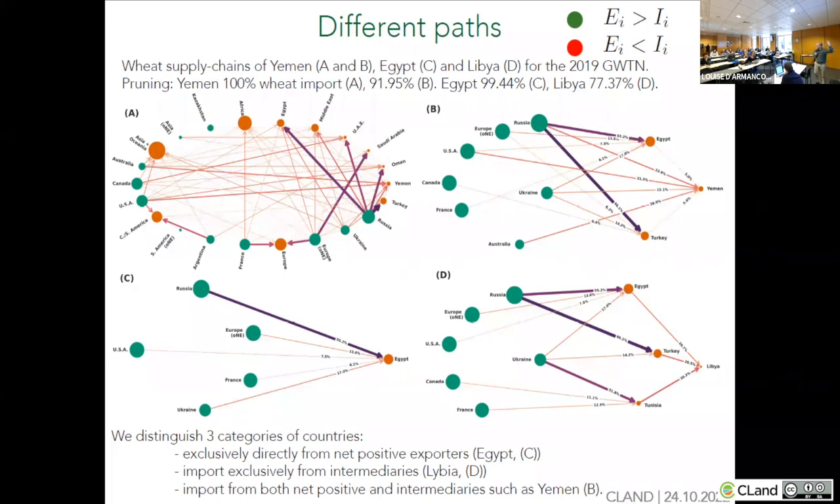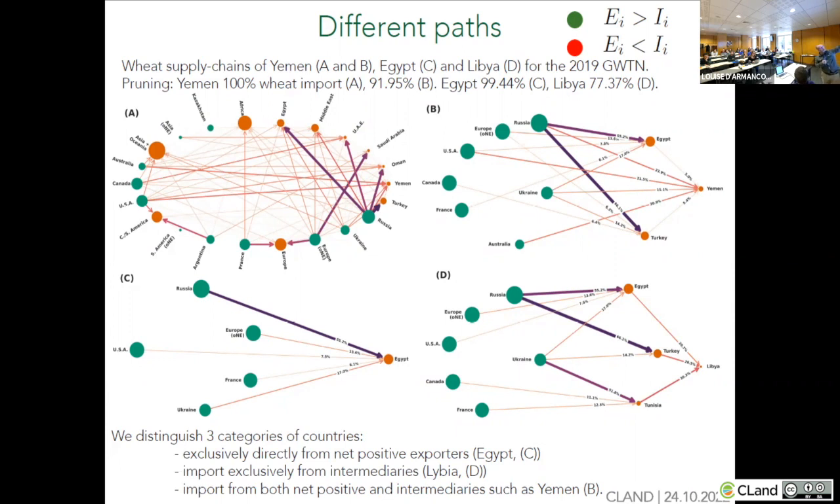So you can remove less important links. For example, on the B here, it's still the subgraph of the supply chain for Yemen, but that contains almost 92% of all imports. So now it's much more readable. And what you see here is that in the case of Yemen,